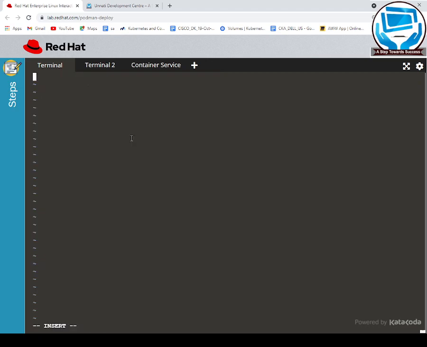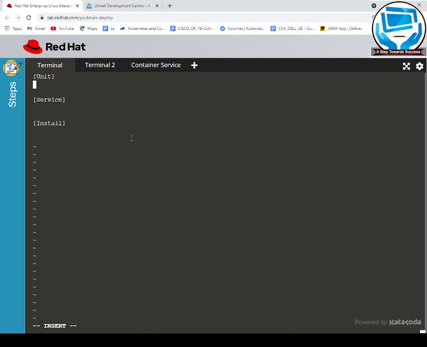This service file has basically three sections. One is Unit, second is Service, and third is Install. These are the three major sections of your systemd service.